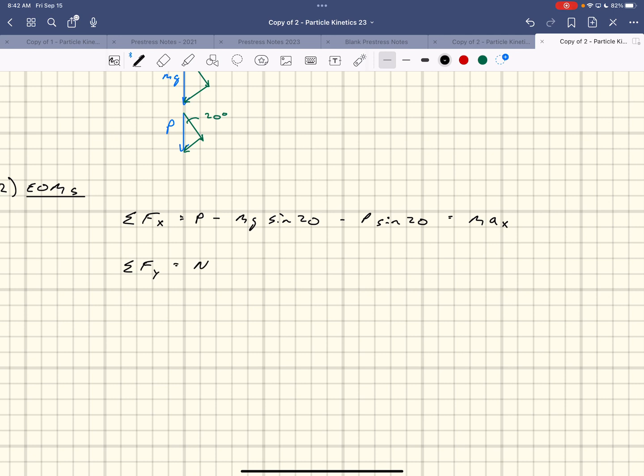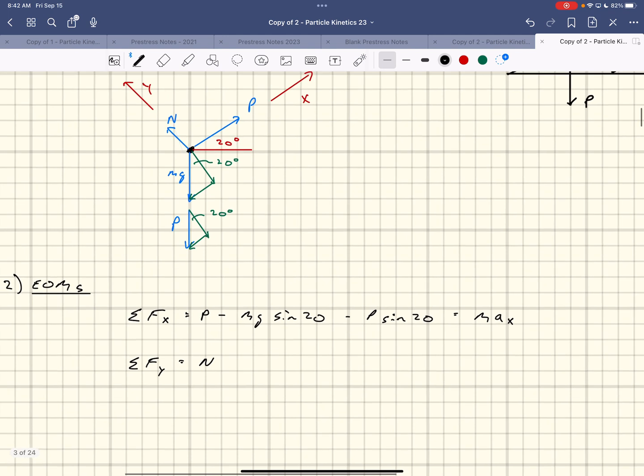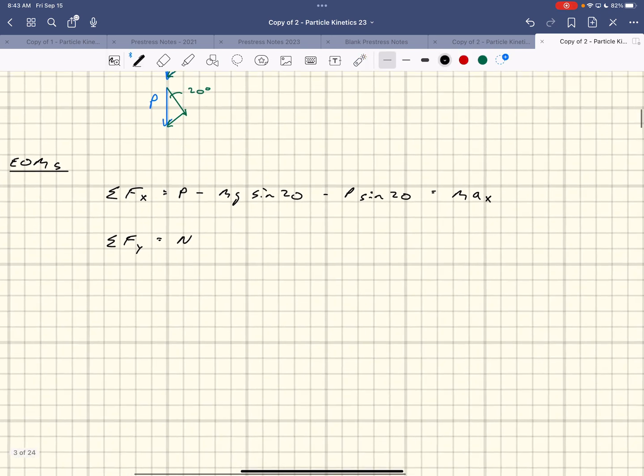Equals n. We got a normal force. So just to highlight them, we got the normal force here. We've got this part of mass times gravity, and we got this part of our P. So there's our y forces. Okay. So it'll be n minus mg cosine 30. Minus,